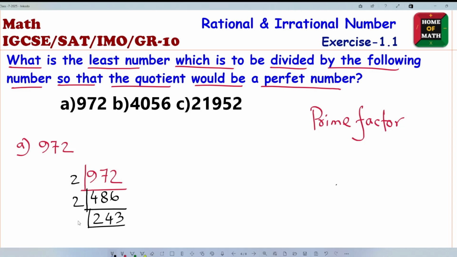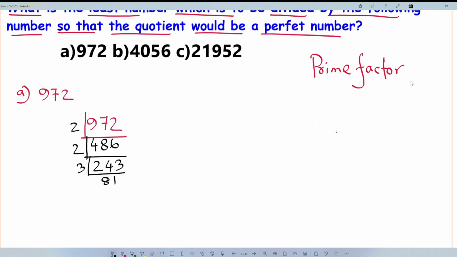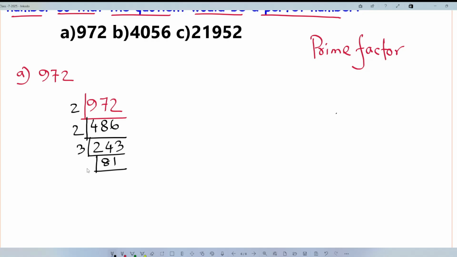243 we can divide by 3. We will get 81. Now this 81 we can divide by 3. We will get 27. Again divided by 3 we will get 9. Again divided by 3 we will get finally 3. So 2 and 3 are all prime numbers. So 972 we can write as 2 times 2,